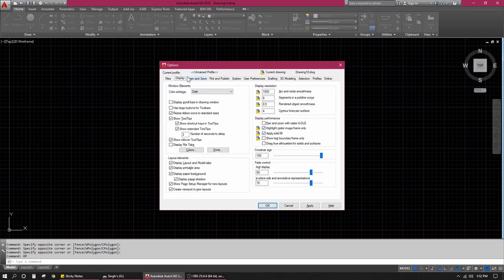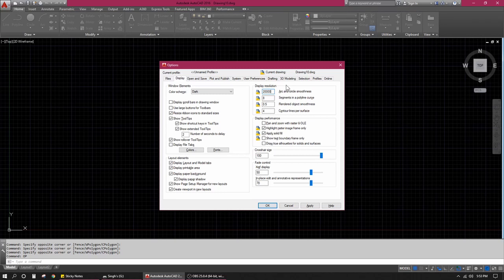Under the display tab, I have display resolution on the right-hand side. Under this, go to arc and circle smoothness and change it from 1000, or whatever the value is on your PC, to 20,000. If you've noticed, when you draw a shape in software and keep zooming into it, after a certain point you start to see the edges of a curved shape.